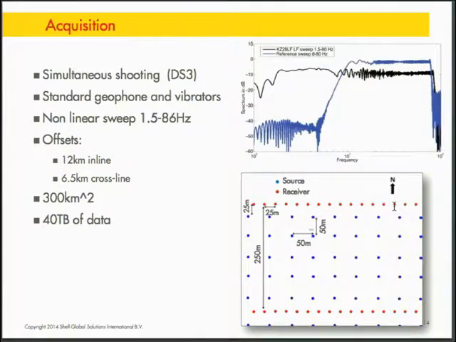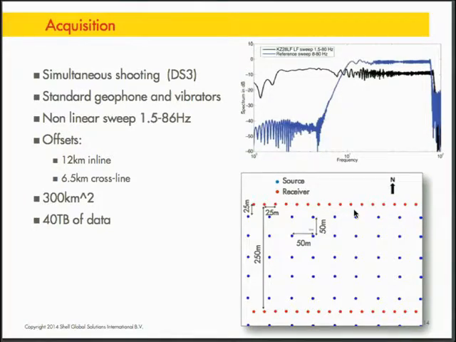The way that we lay down a typical land example is that you have a number of receiver lines. Here the lines are separated by 250 meters, and we have one receiver every 25 meters on each line, for about 12 kilometers. On the central one, you use your vibrator and you shoot on a grid of 50 by 50, and then you move the line, the further one, to the top and you continue. With that, we end up with data that is about 12 kilometers inline offset, both sides, and 6 kilometers cross-line offset,